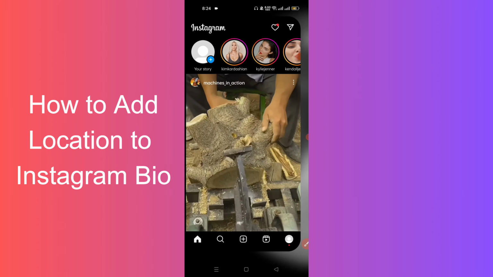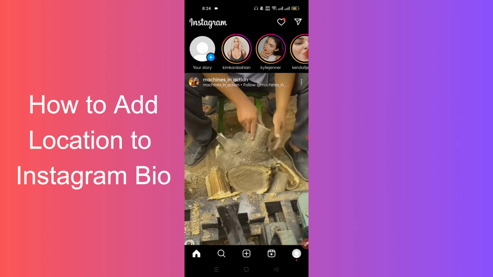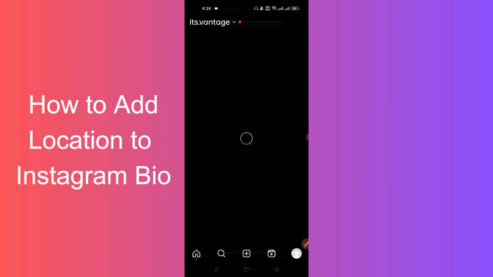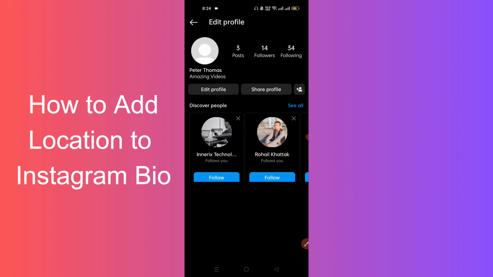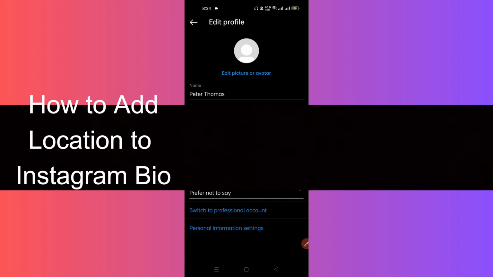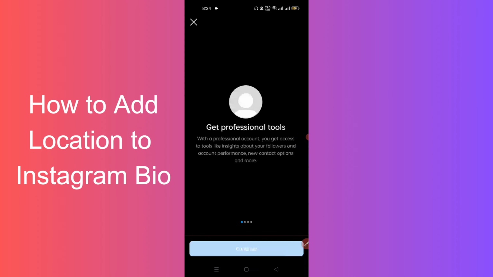Come here, and then I will open my Insta, and then I will click on my profile on the right bottom, and it will open. So click on edit profile. Here you can see switch to professional account. So I will go to here, then continue,